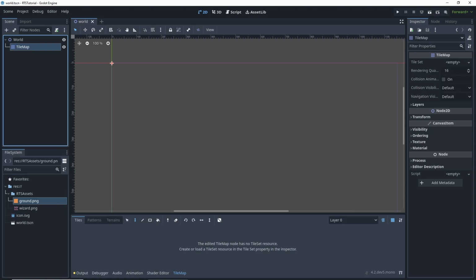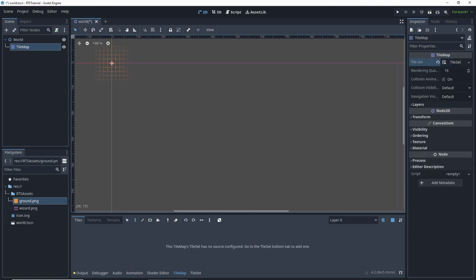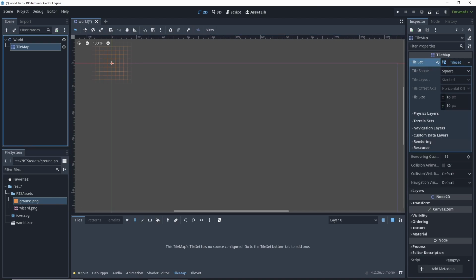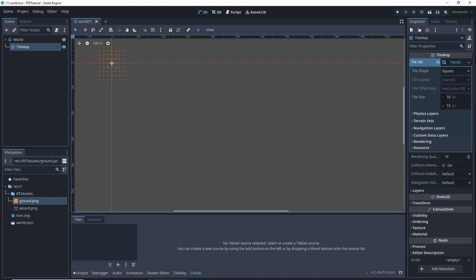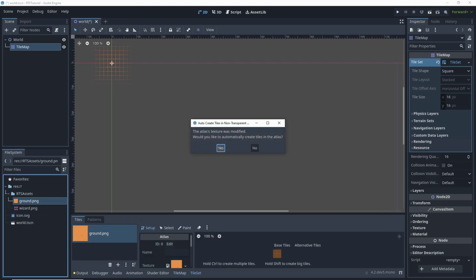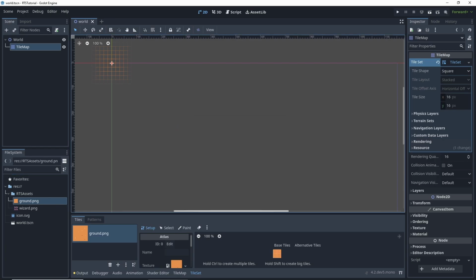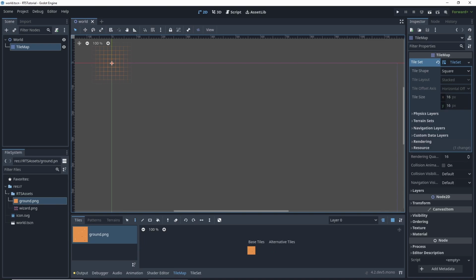All right, so with our tile map, we're going to add a tile set inside of here. So tile map, hit there, create new tile set. Then down here, click tile set, go to ground. Now we want to go back to tile map, select all four, hit random, go to project settings,